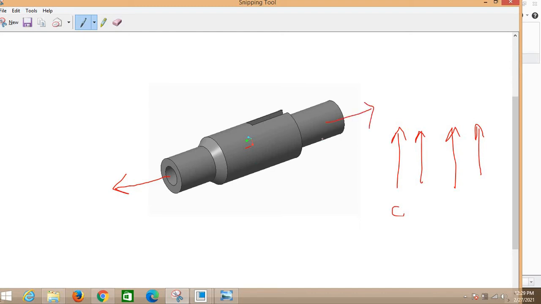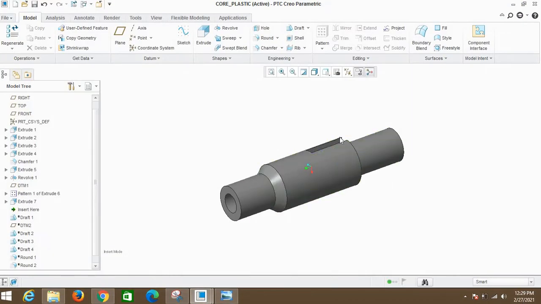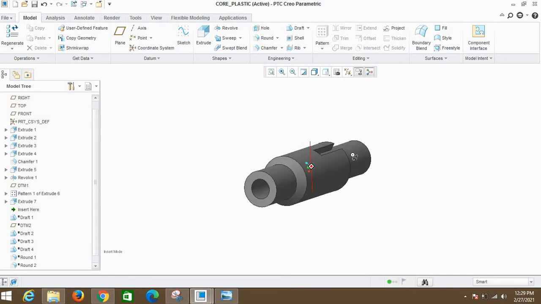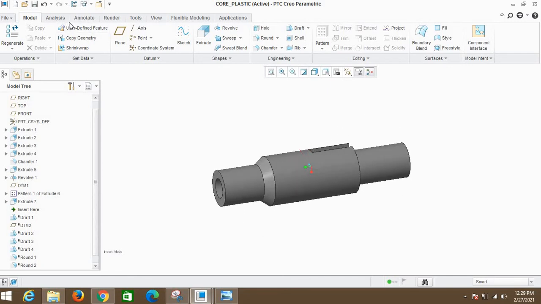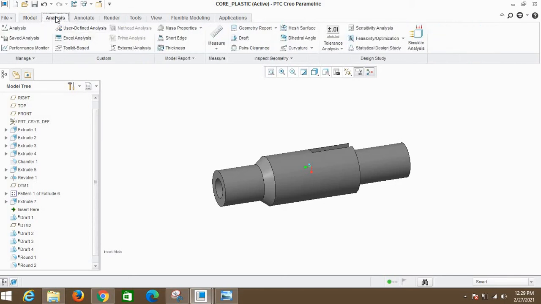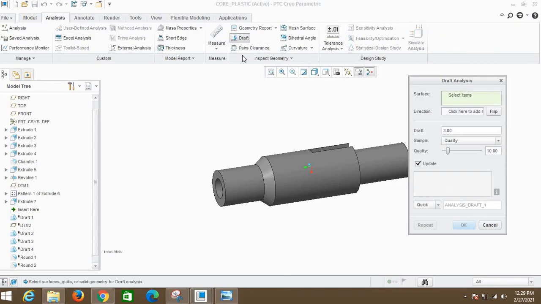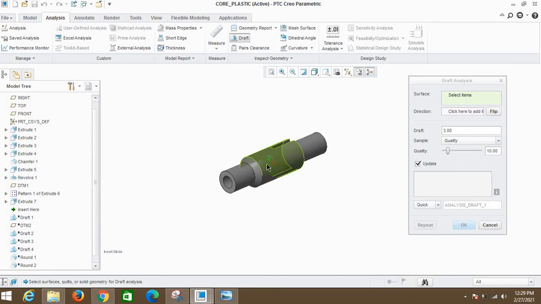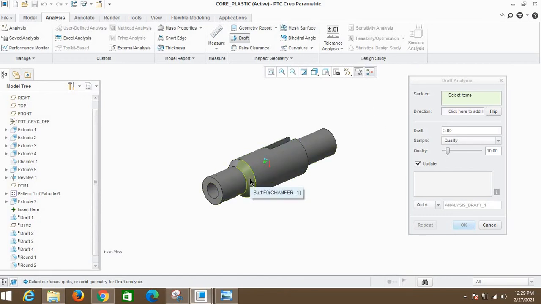Okay. So again, selection of the parting line over here. So I can select various parting lines according to my project requirement. But how to seek that parting line, where the parting line is, we will see according to the draft tool. Okay. So we will go to Analysis, Draft. As you know, we have the ejection direction like this. In any plastic part you will seek the ejection direction. Okay, so this is a simple one.